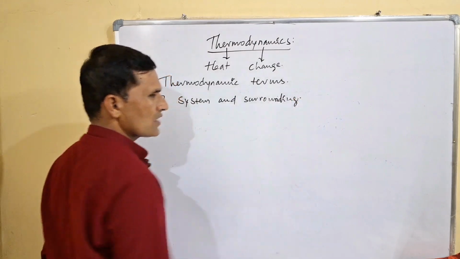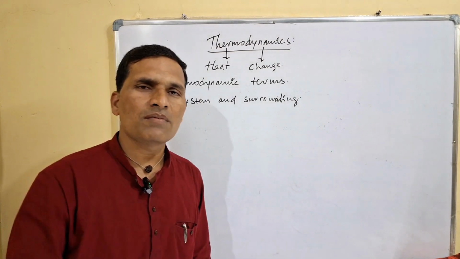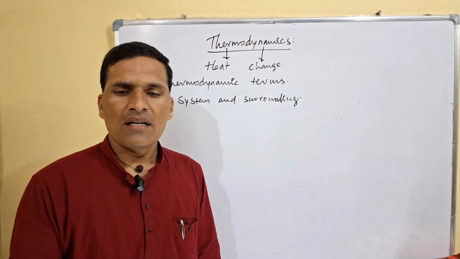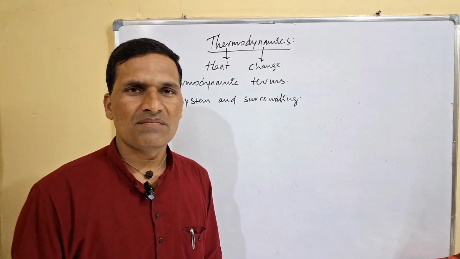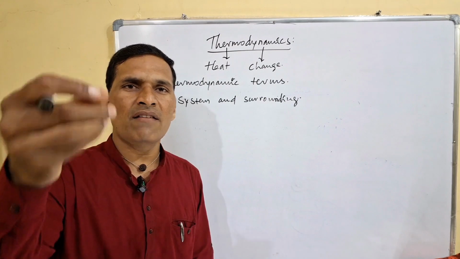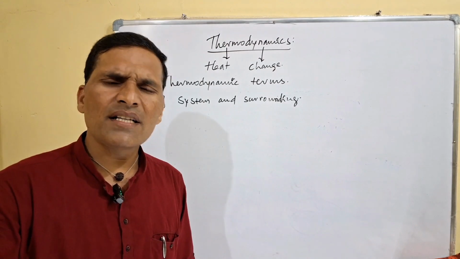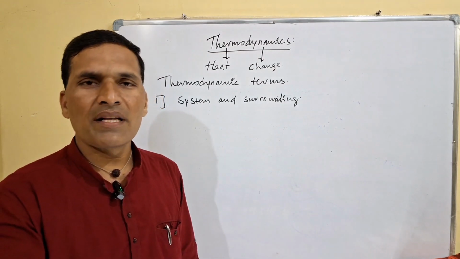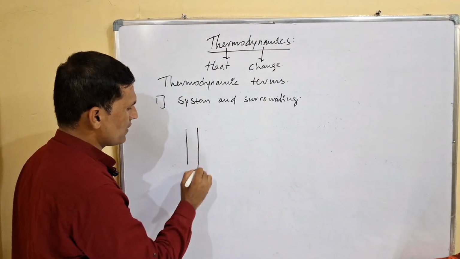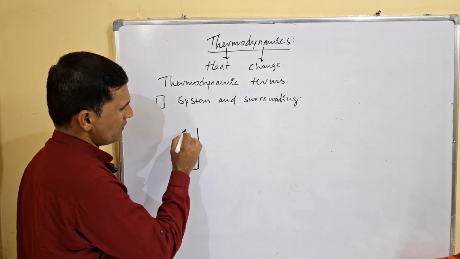Now consider a test tube in which you have taken two reactants and you are reacting. Your test tube will be the system, and as you do the reaction you may heat it, or sometimes as and when you add the reactants they react and there is a liberation of heat. That heat is being exchanged with the surrounding. The test tube has walls, and it is separated from the rest of the world by these walls.